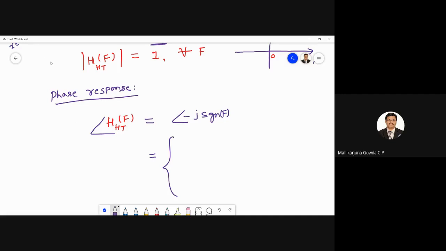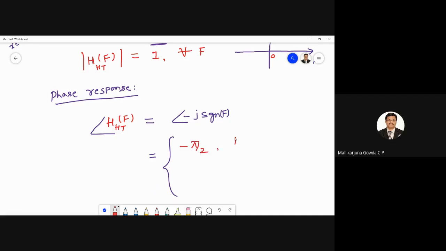See, I wrote here x is equal to a plus jb. I said magnitude is square root of a square plus b square. The angle theta will be equal to what? Tan inverse of b by a. Isn't it? So with respect to that, here what is b and what is a? It is tan inverse of c by 0, real part is 0 here, only the imaginary part is there. So something by 0, it is infinite. Tan inverse of infinity will be what? Pi by 2. Yes, 90. So I can say it is minus pi by 2.